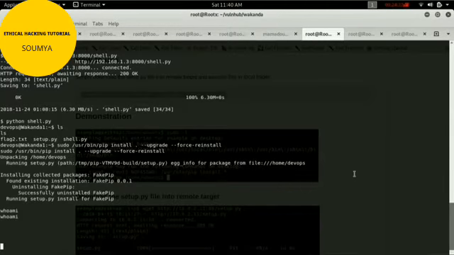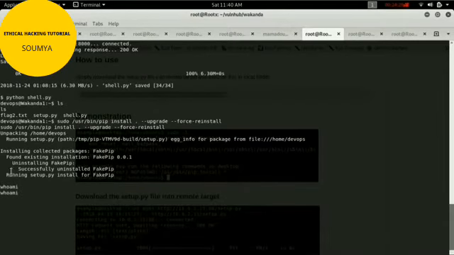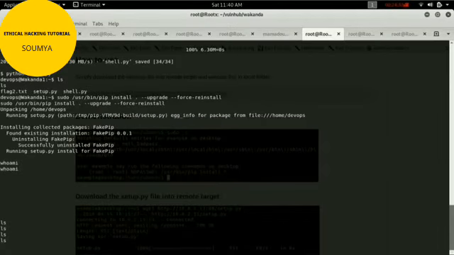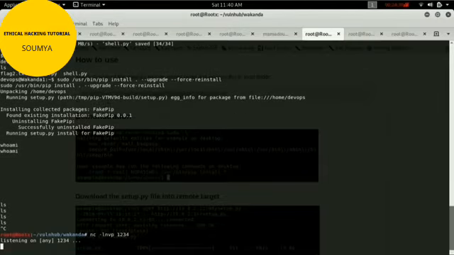We got nothing. It's really boring, yaar. What happened with this privilege escalation? Nothing happened. Oh my god. LS, nothing. I got nothing.